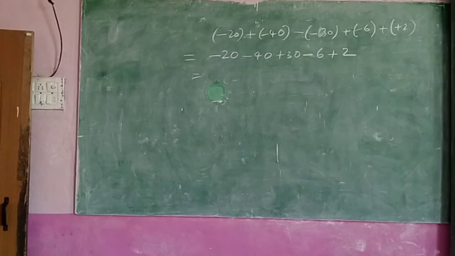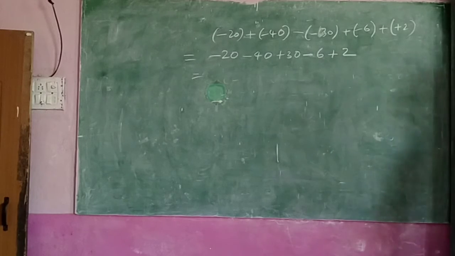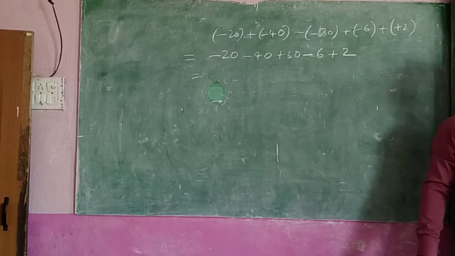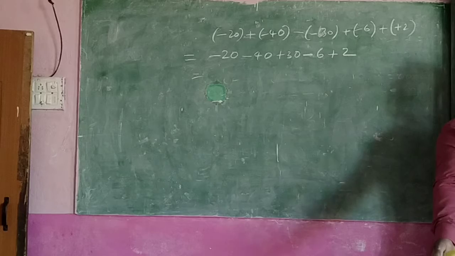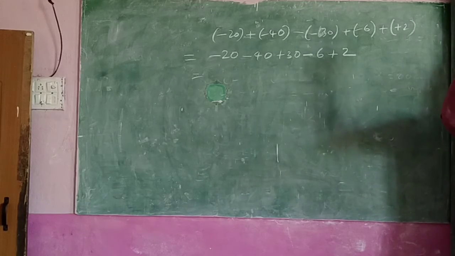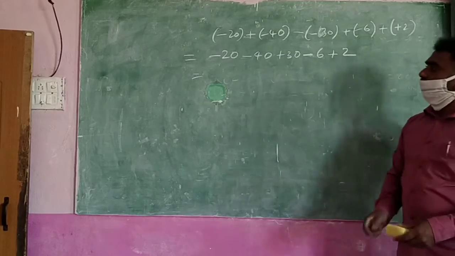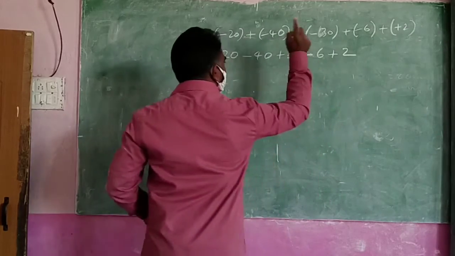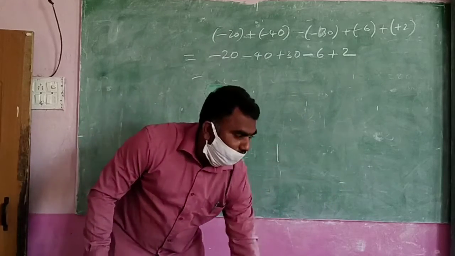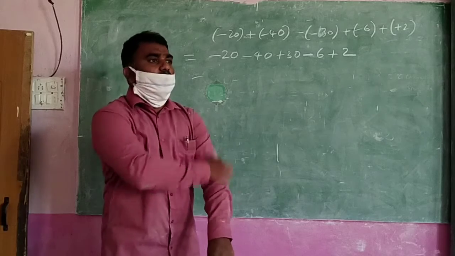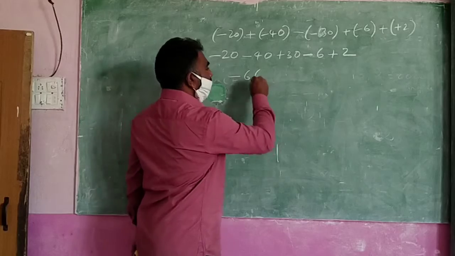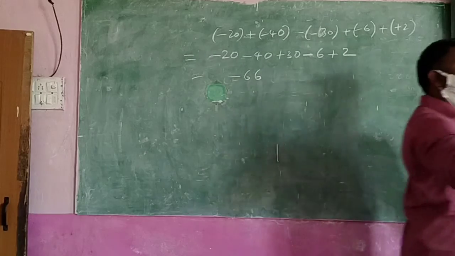Now here 4 numbers are there, no? That's why we do one thing here. When more numbers are there, what is the main thing you have to do? You know, first all down steps you take. Next all up steps you take. Down steps one time you write. Up steps one time you write. Which are the down steps here? 20, 40, 6. Down you go first. 20, 40, 6. Means what should we do? You have to find the total now. 66. Down 66 steps. You write that. Then up how many steps?